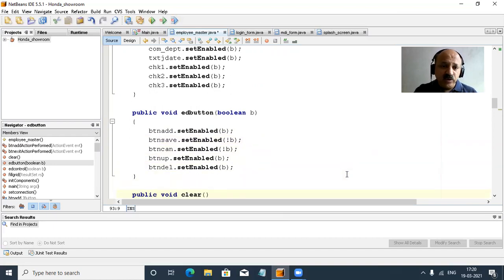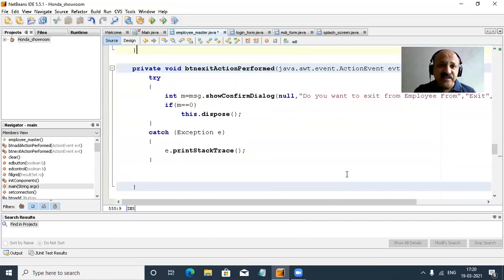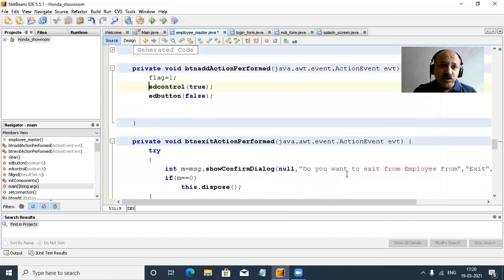So yes, now I come back again to our add button coding. In the constructor we disable all controls. So I use enable and for save and cancel I pass false, so that is save. So after the add button, there are two choices: either the user saves that record or cancels that record.